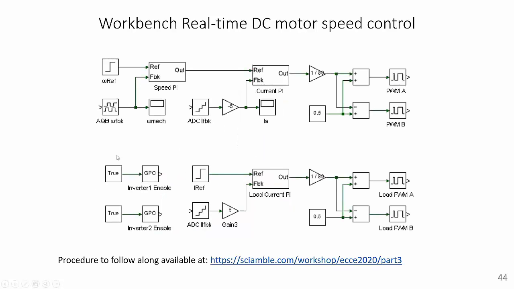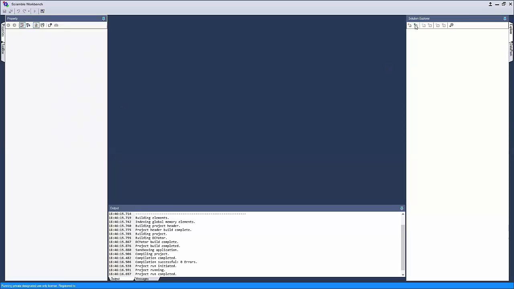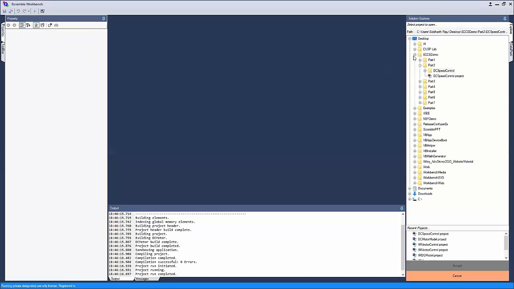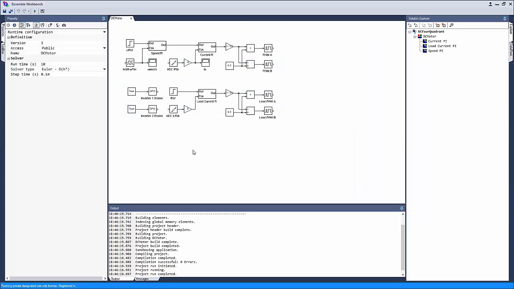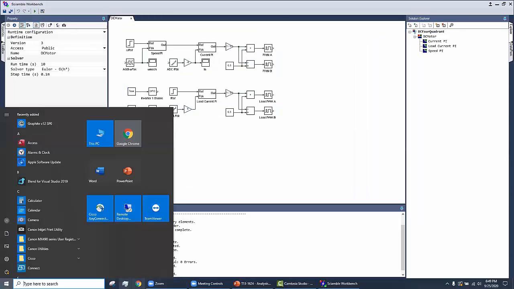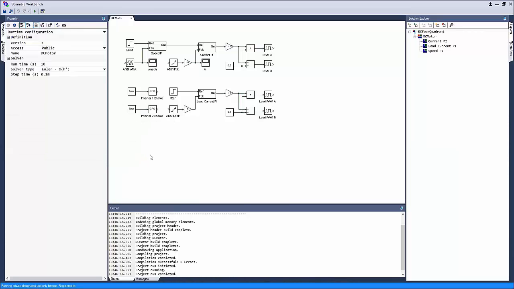So here is a motor model. Let me go ahead and open it in Workbench. That would be part 3. Once again, anybody can follow this. If you have the actual motor and the inverter module with you, you can follow along with this experiment. And you can get the inverter module by visiting,